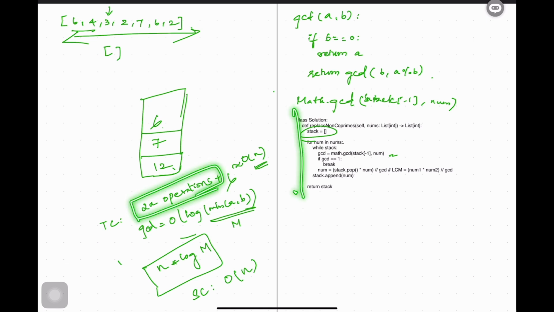So this is the exact solution that we have used to solve this given question, and it passes all